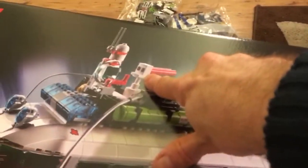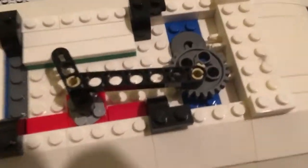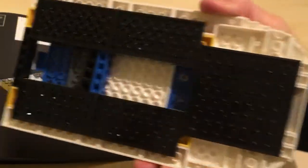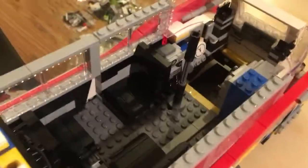Now, for anybody who doesn't know, the sniffer on the top of the car, when the car is built, goes backwards and forwards in a side to side sweeping motion like that. And the way it works is really quite simple. I'm just building the roof section of the car, and even the roof section is quite a complicated piece of kit. Now, inside the car there is this axle, and this axle comes up from